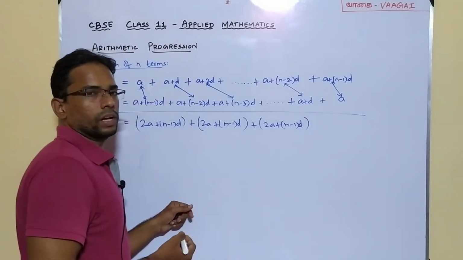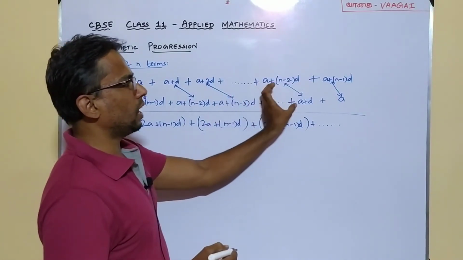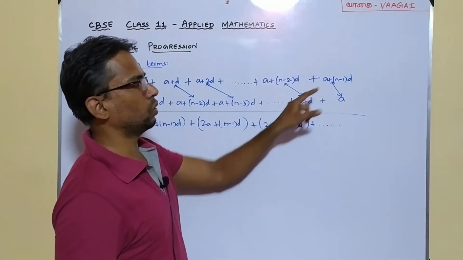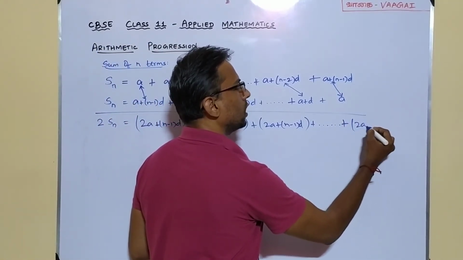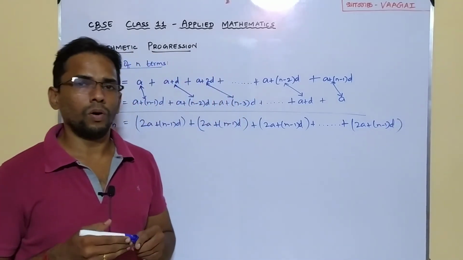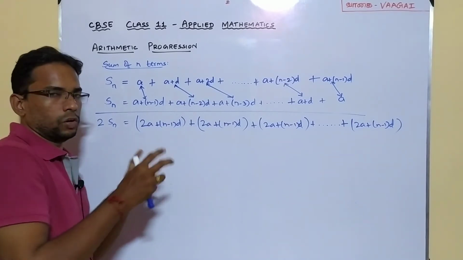So this will be going like this, and so on and so on. So here again, if you add, you would once again get the same expression, and the last one once again here, also if you add, you will be getting 2a plus (n minus 1) into d. So the calculation we are making here, I hope you are able to understand.